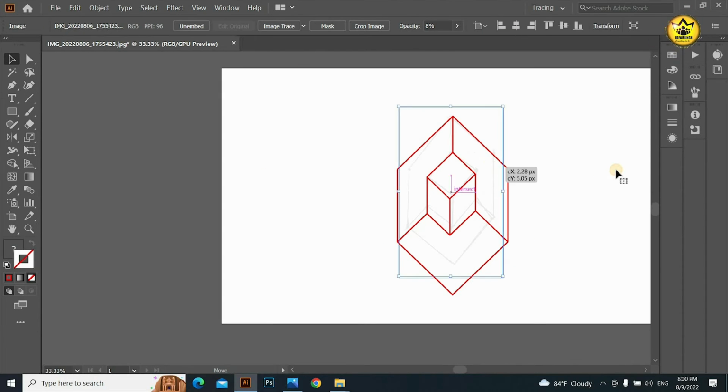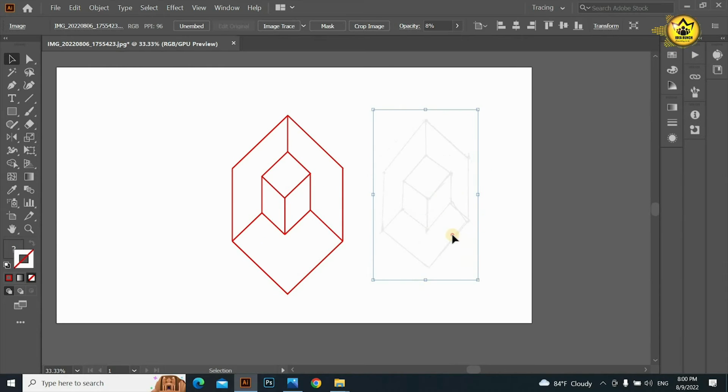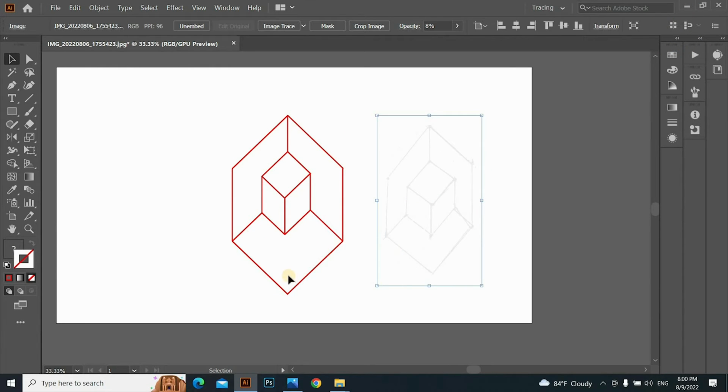Well, now we can clearly see that the measurements and lines are drawn more accurately than the hand-drawn sketch.